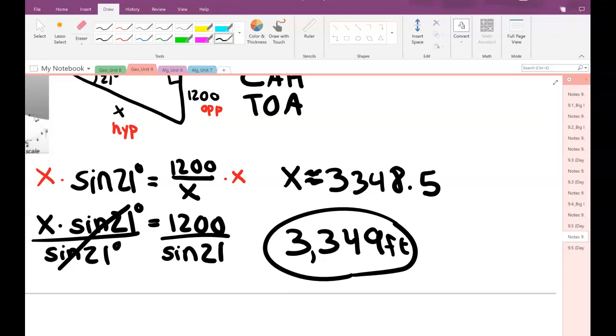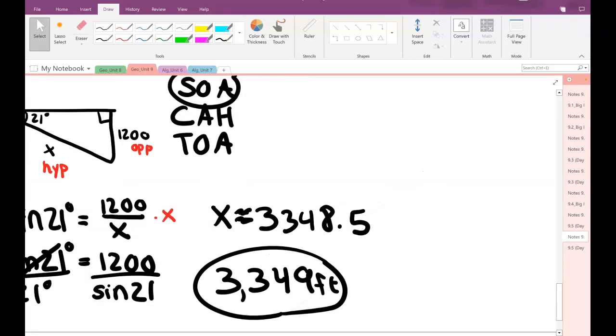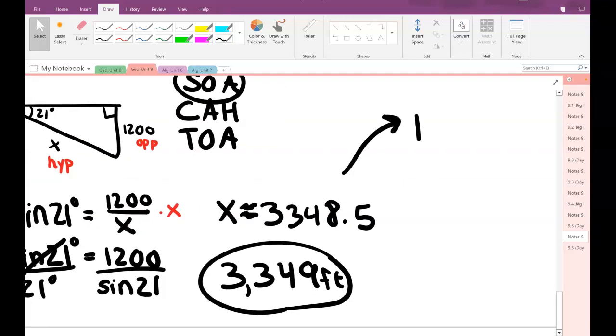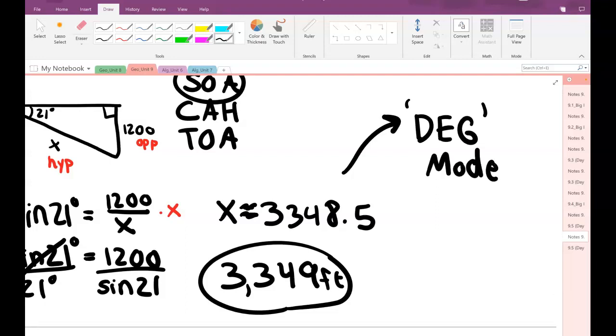One thing before you start working, remember, if you're using a handheld calculator, it has to be in degree mode, or DEG mode. I know on some online calculators, if you use it on your Chromebook, it defaults to radians. So just make sure that it's switched, and if you don't know how to switch it, I can show you. All right,